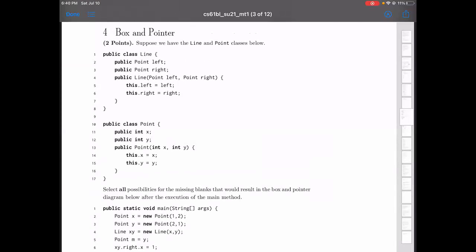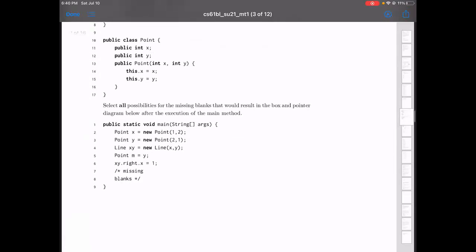Welcome. Today we're going to be going over question number 4 of the Summer 21 Midterm 1 for CS61BL. Okay, so what is this question all about? Looks like we have a box and pointer diagram question, and we have some line and some point classes given to us. Our duty is going to be to see what lines of code we can add to take us from this block of code